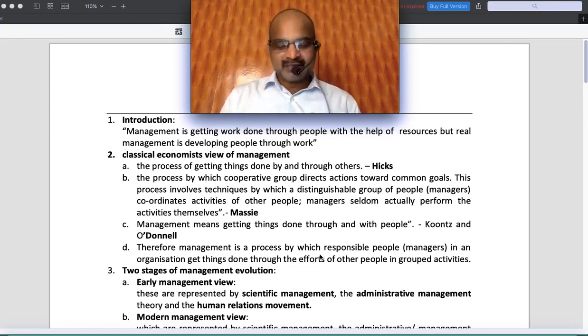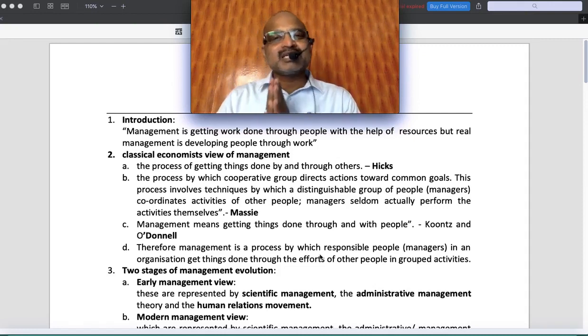So there are two differences. In every organization, you must have heard two important words. One is a manager, the other one is a leader. Leader is a person who motivates people to do something. He doesn't do anything. He only motivates, he inspires people, he makes sure that people are driven to do something. But the manager's job is different.